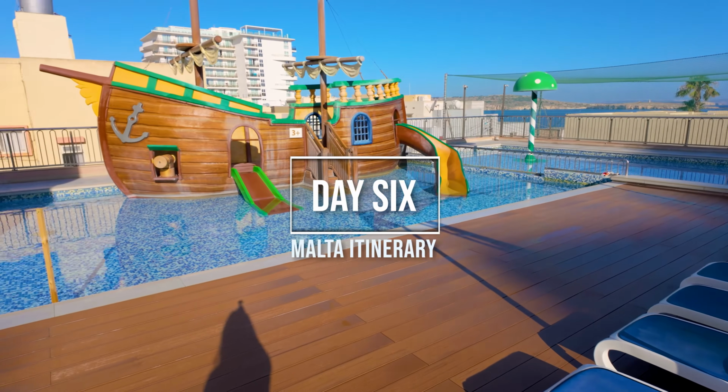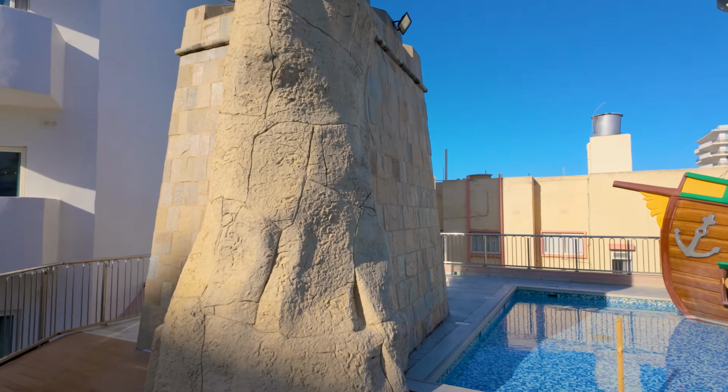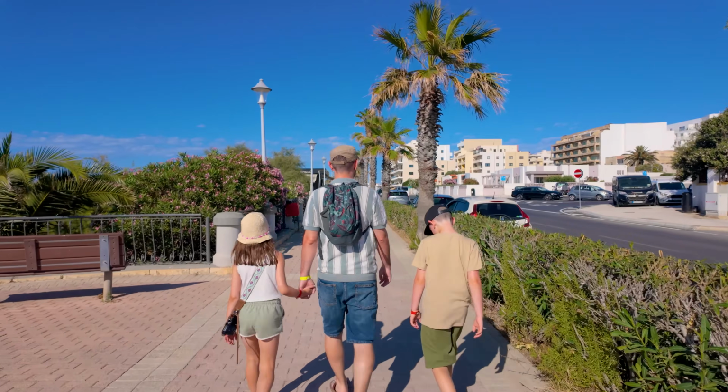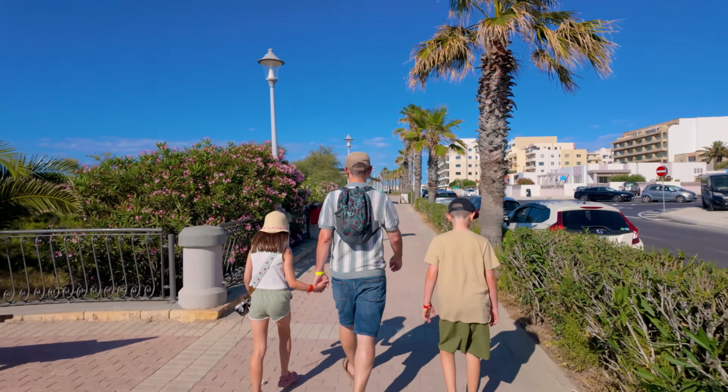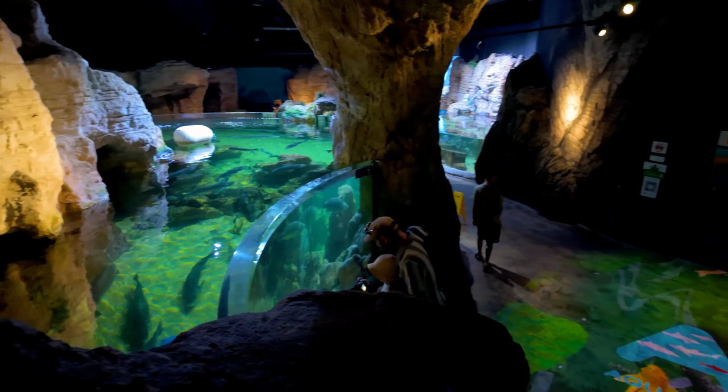Day 6 was scheduled as a rest day. We spent the day by the pool. However, being at St Paul's Bay, there is also the National Aquarium of Malta, which is open until 8 p.m. So in the late afternoon, we took a walk along the promenade from our hotel and spent a couple of